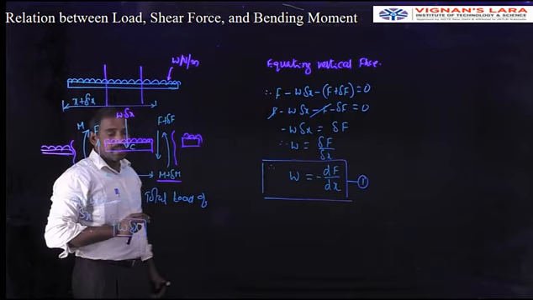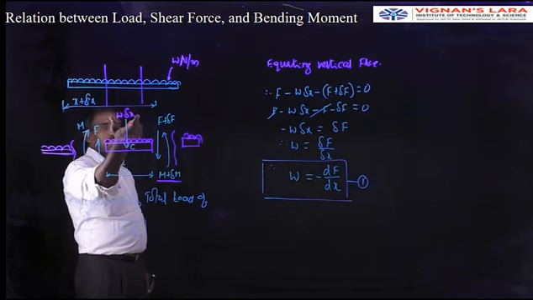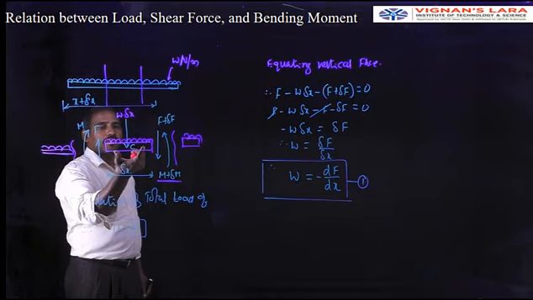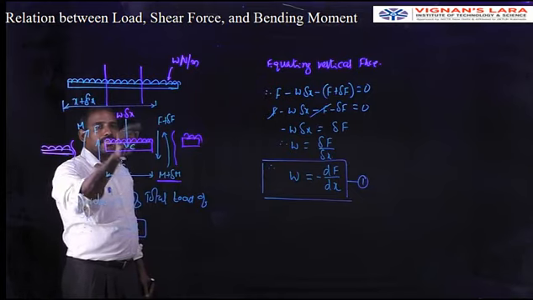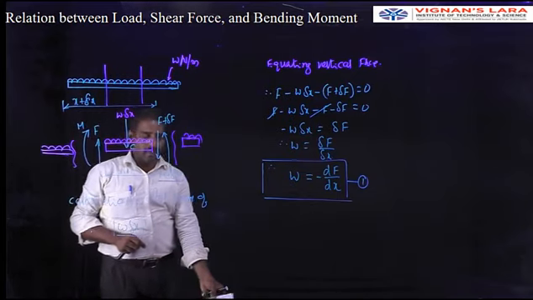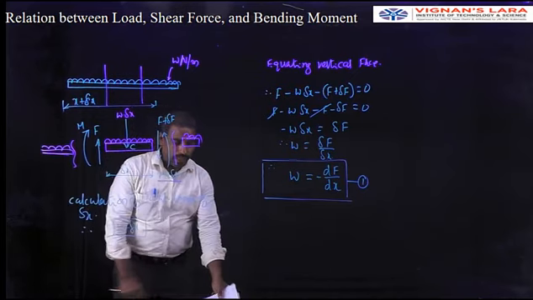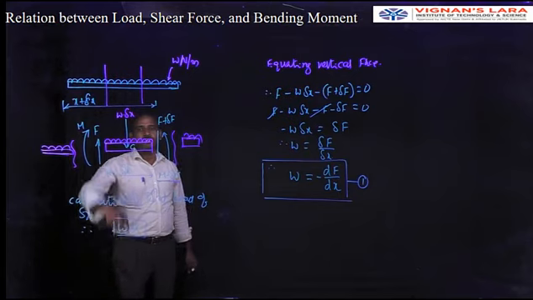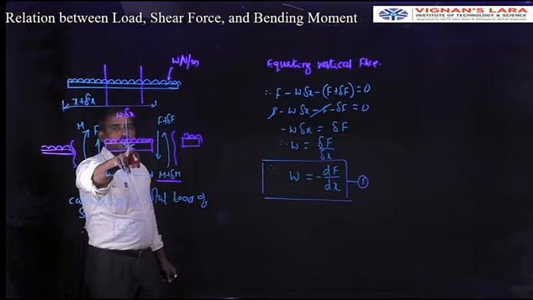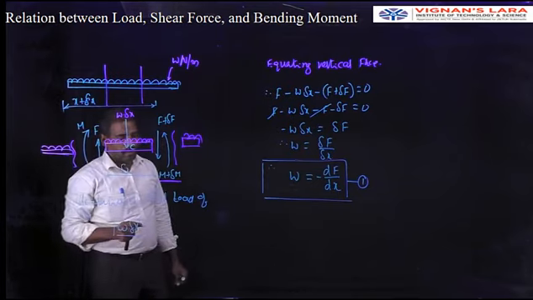This is very important. Then you can calculate the total load. It is always the rate of loading times the length over which the load is distributed, that is delta x. It is W into delta x, and that is always concentrated at the center of gravity. Then you can calculate the relation between the moments. We know the moment at a section XX, and with respect to C you can find the moment produced by F and F plus delta F also.